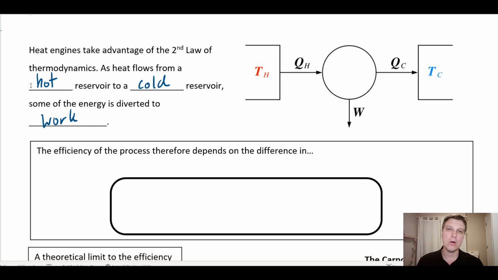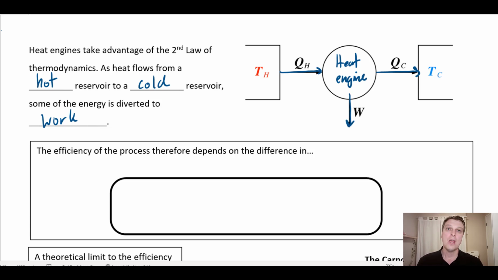Okay, now it's important to recognize what's happening here. Heat flows, it wants to go from hot and it wants to go to cold. Okay, if I just let it, then heat would spontaneously flow from hot to cold, then eventually it would end up at the same temperature, and then that would be it. But what I'm plugging in here in the middle, this is the heat engine. And this is some machine that takes advantage of that heat flowing in order to divert some of that energy